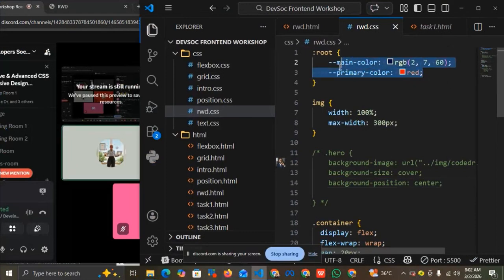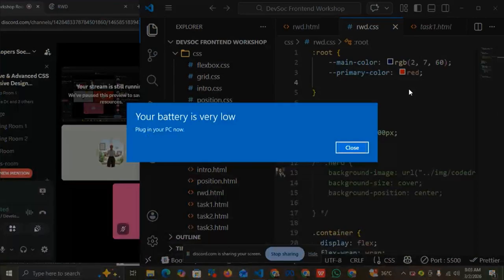Those things, you must specify them here. Whatever I want to use here, you must specify it here. So if, for instance, I want to use